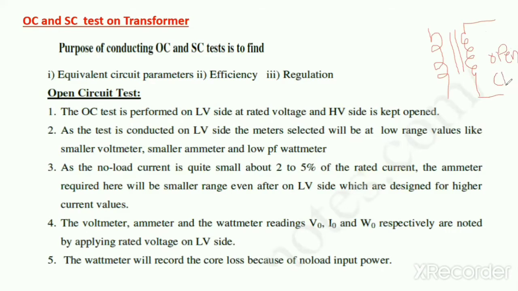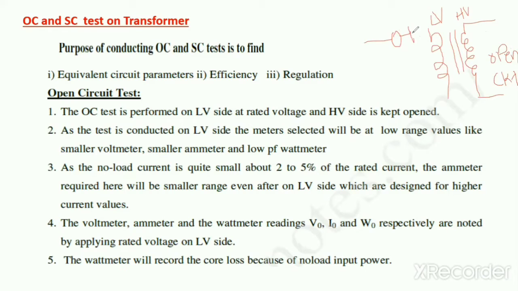Okay, this is open circuit. This is the HV side, and this is open circuited, and this is the LV side. Therefore, all the equipments that will be connected,